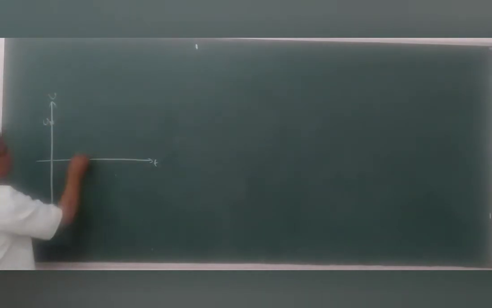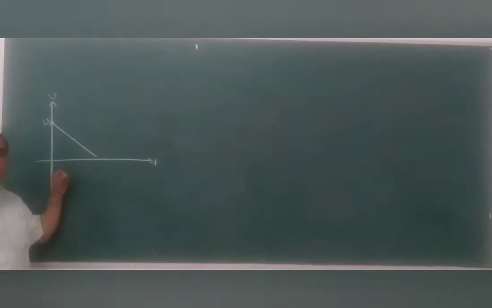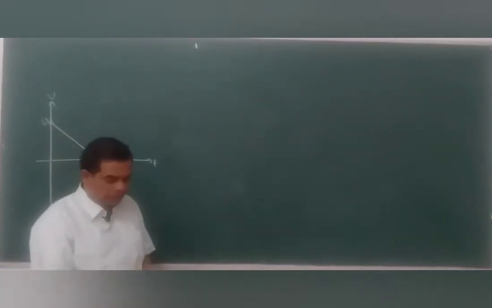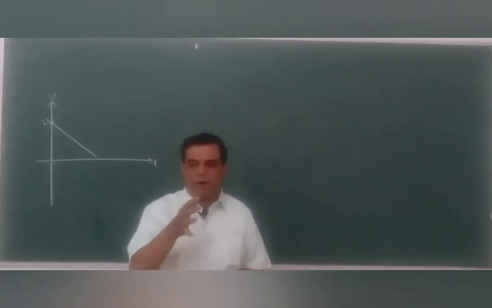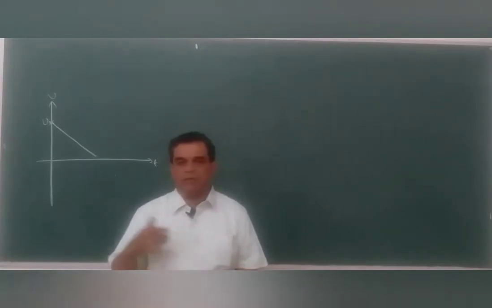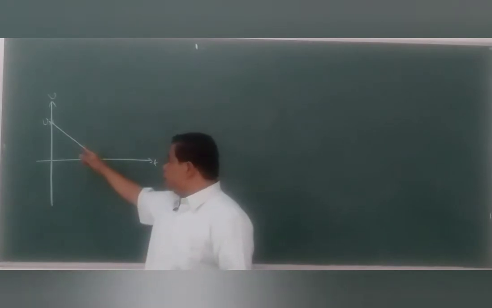Therefore, the graph will look like this. Say this is the velocity time graph, with starting velocity v, and it is a line like this. Why a line like this? Because it is the movement of an object under gravity. We said acceleration due to gravity is a uniform acceleration. Therefore, for a uniformly accelerated body, the VT graph is a straight line. We are getting a straight line.